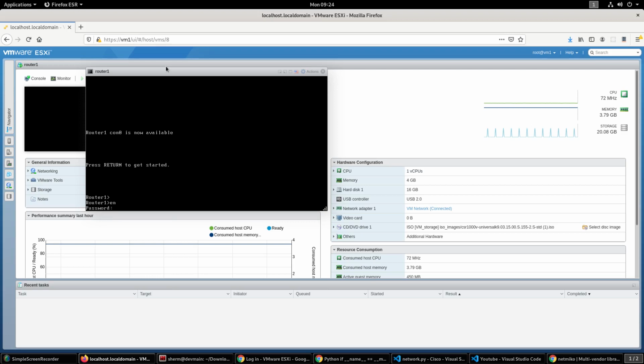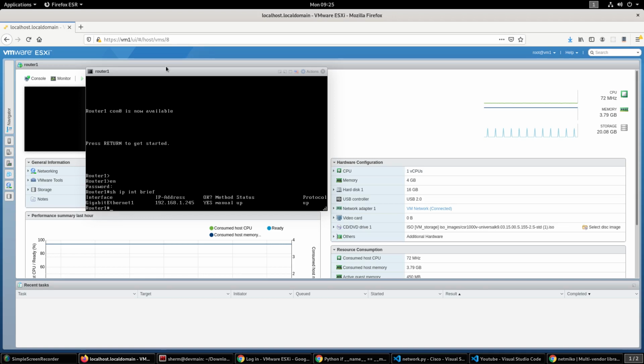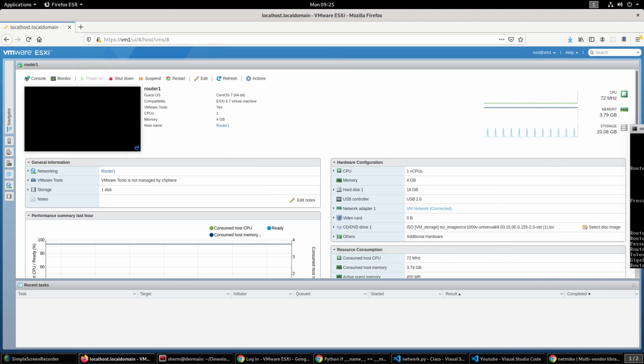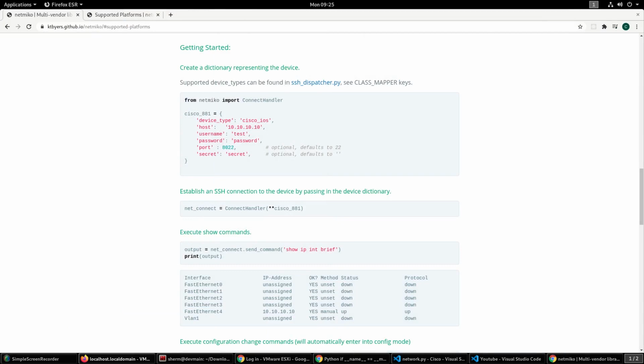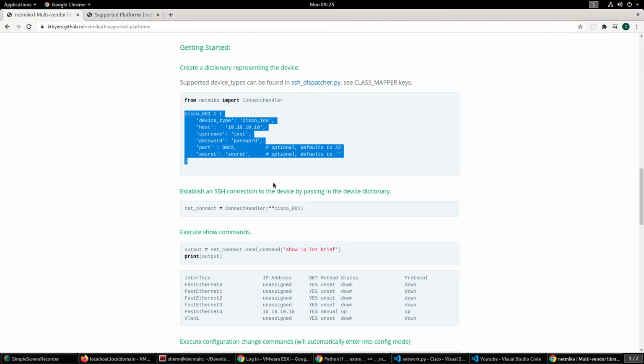But yeah, I can go ahead and show you some stuff that we would like to be doing, so that you know I have a working router here. So show IP interface brief, and that's the command right there that we see works, and that's my local IP address right there. So let's go ahead and remove both of these out of the way. Oh, I have to move this whole window, and we'll go ahead and basically get started with setting up the device, the password